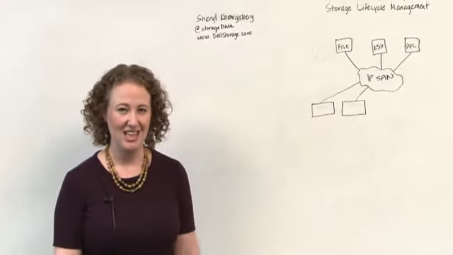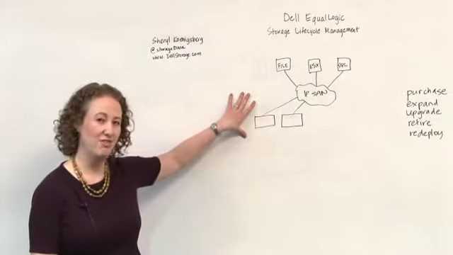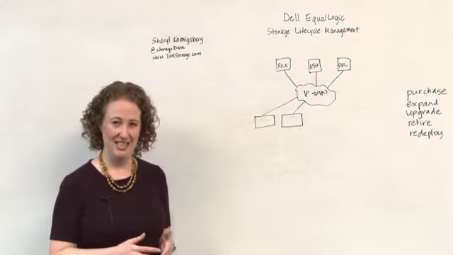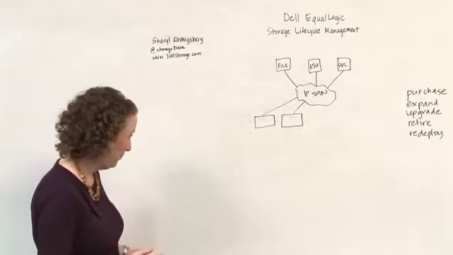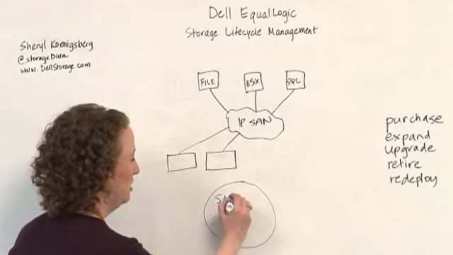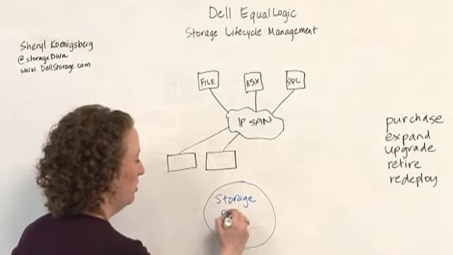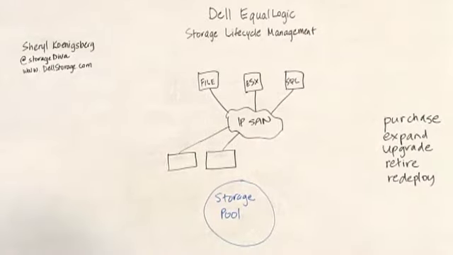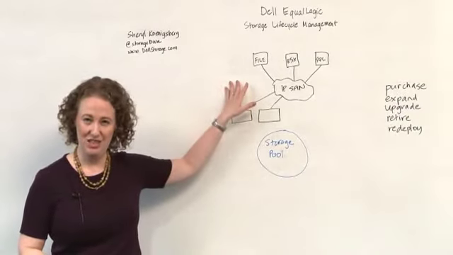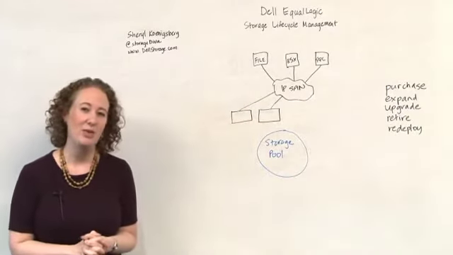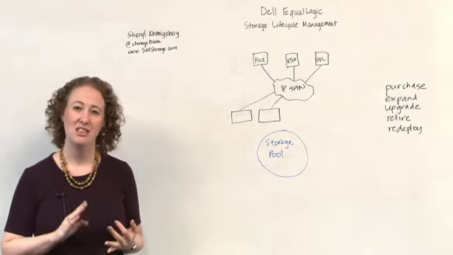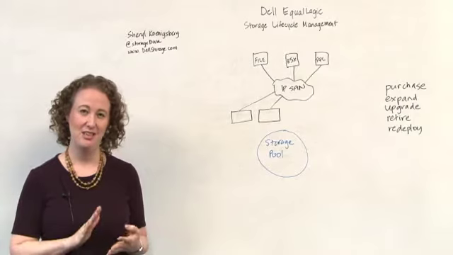Today we're going to talk about how Dell EqualLogic transforms the way you manage your storage lifecycle. Let's take a look at this example EqualLogic environment. In this diagram, several hosts are connected through an IP SAN to two EqualLogic arrays. These arrays create a virtual pool of storage from which the hosts can allocate volumes as necessary to use for their applications. Today we're going to look at how EqualLogic provides a really different way for how you purchase, expand, upgrade, retire,